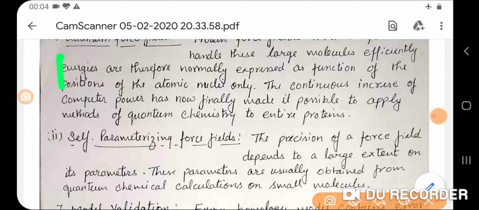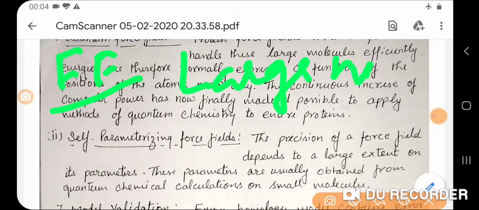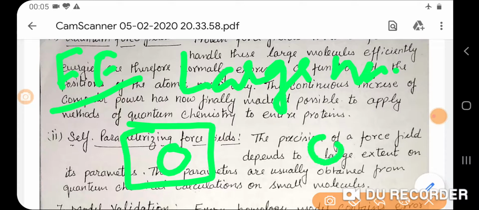Force field: when any kind of molecular modeling calculation is done, there is a large number of calculations, so it is not possible to perform such calculations easily. In that case, what we do is design a particular boundary around the molecule so the calculations can be performed easily. Like, this is a molecule and this is another molecule.